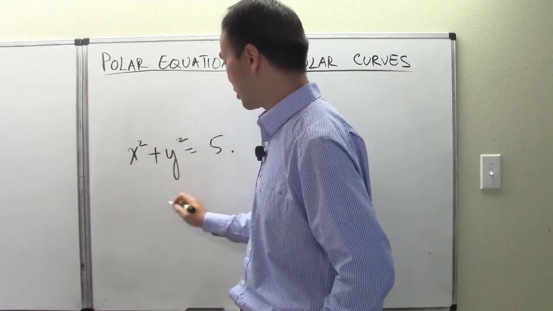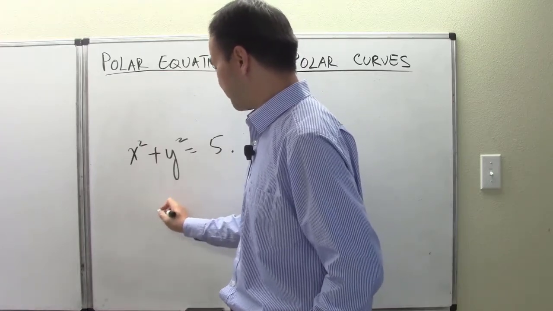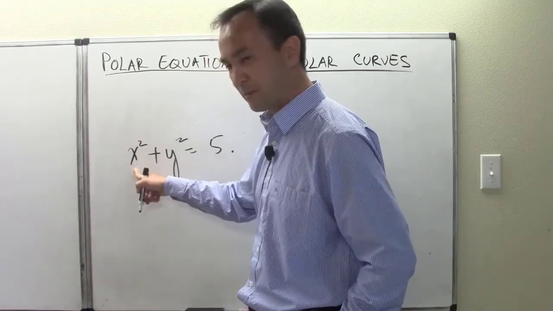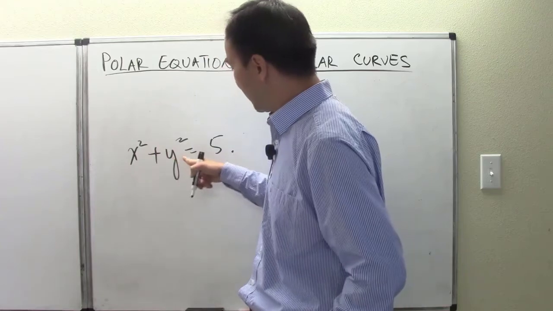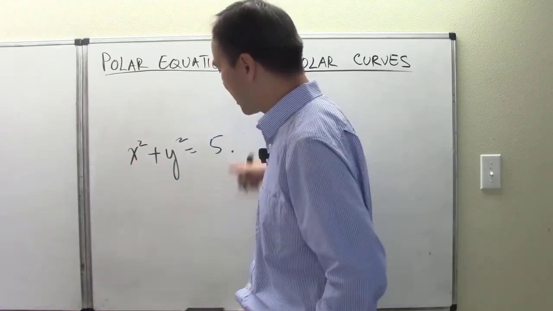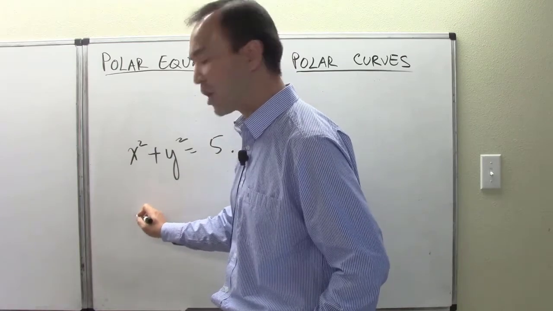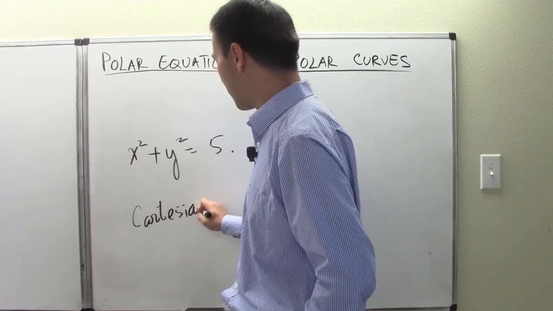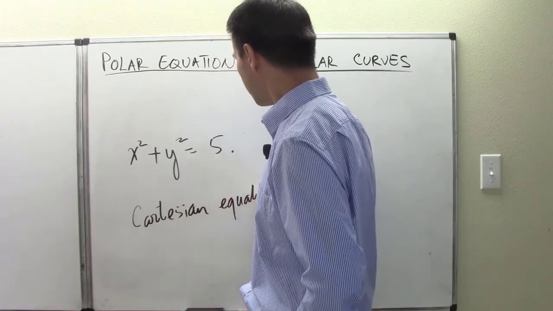The x and y are intended to be the variables representing the horizontal coordinates, and the y here is the variable intended to represent the vertical coordinates. So this equation here is a rectangular equation, or more precisely, we call this a Cartesian equation,